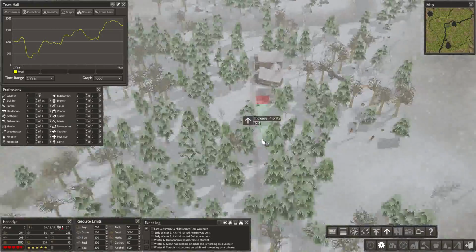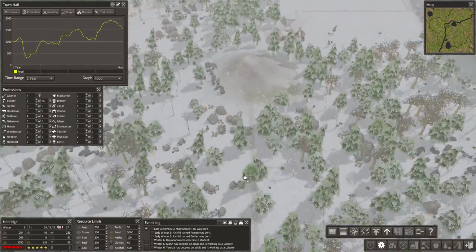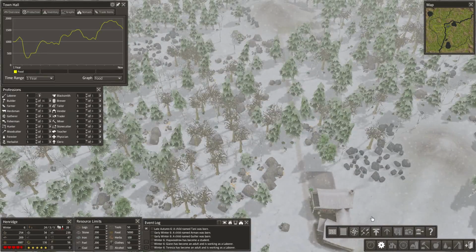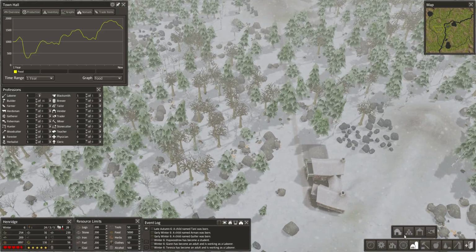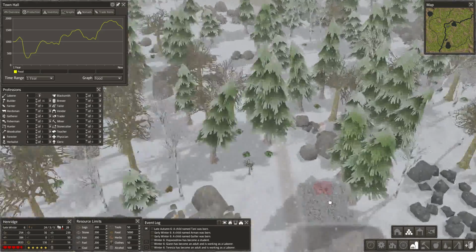I'm going to increase these priorities because I think that will help our efficiency out quite a bit. We'll also get, like I said, 1 hunter, and we'll also hopefully get a laborer out here, and they'll start working this area. And I will go ahead and make a stockpile in each of these areas. And that's for the laborer while they are...